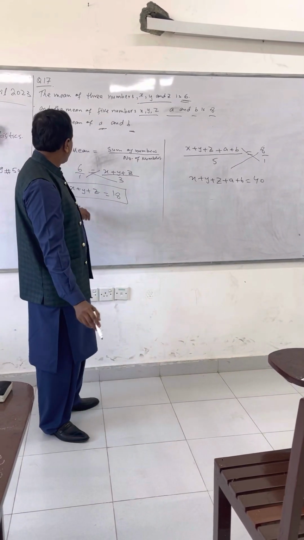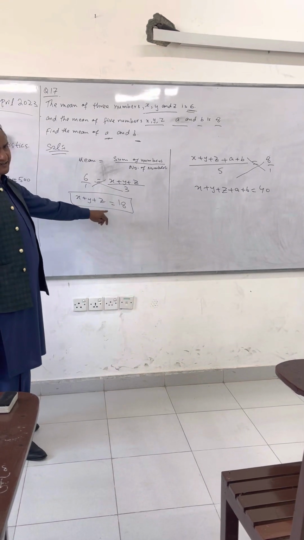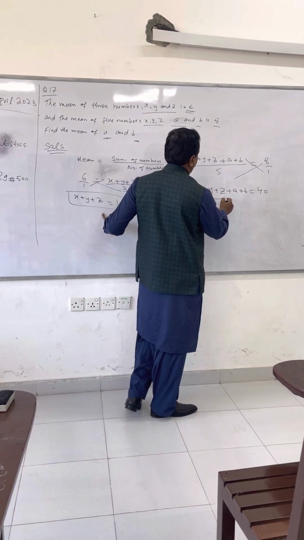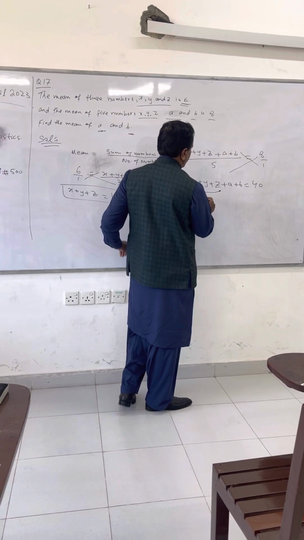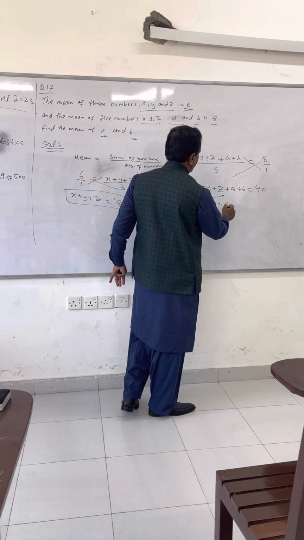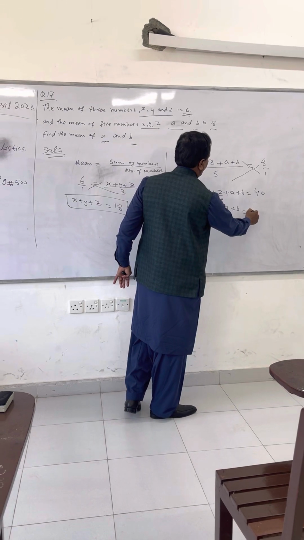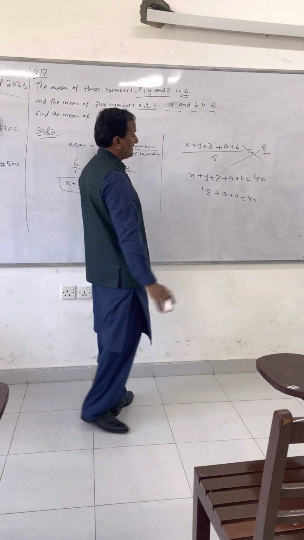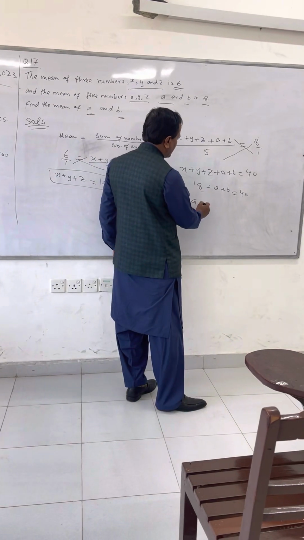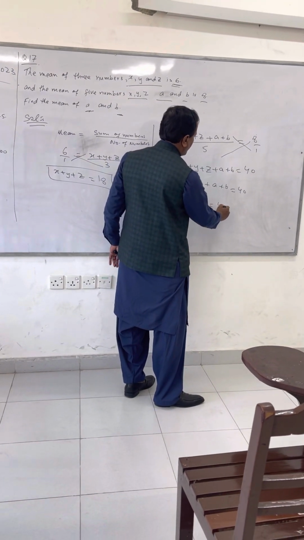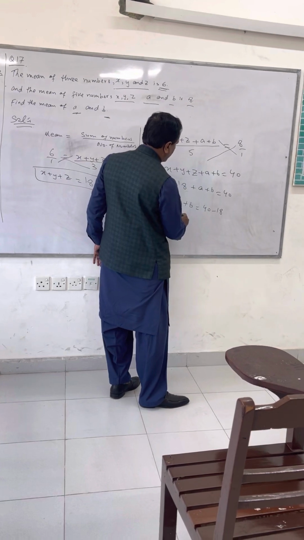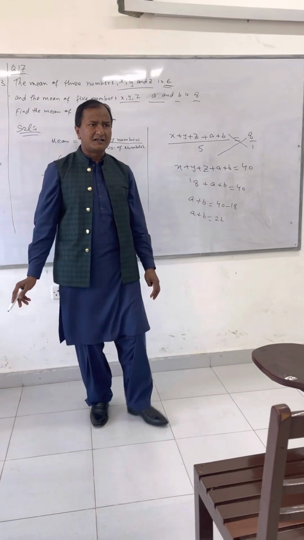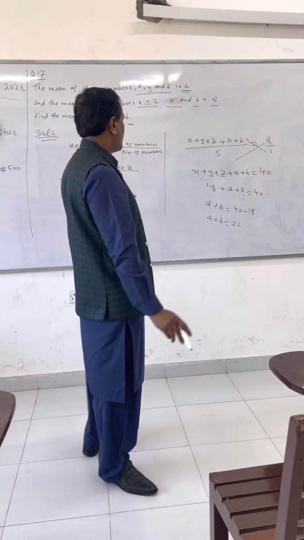If we check here, x plus y plus z has the value 18. We substitute the value of x plus y plus z, which is 18, and then plus a plus b, it is 40. We are supposed to find a plus b. So a plus b equals 40 minus 18. After that we get a plus b is 22. We subtract 18 from 40, it gives us 22.